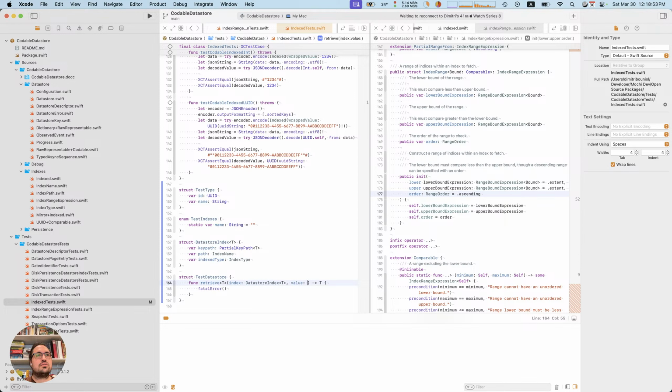And this value is going to be, so let's give these names. So we have the item and we have the value. So we are returning an item given a value. So the index does need to have an item and a value.